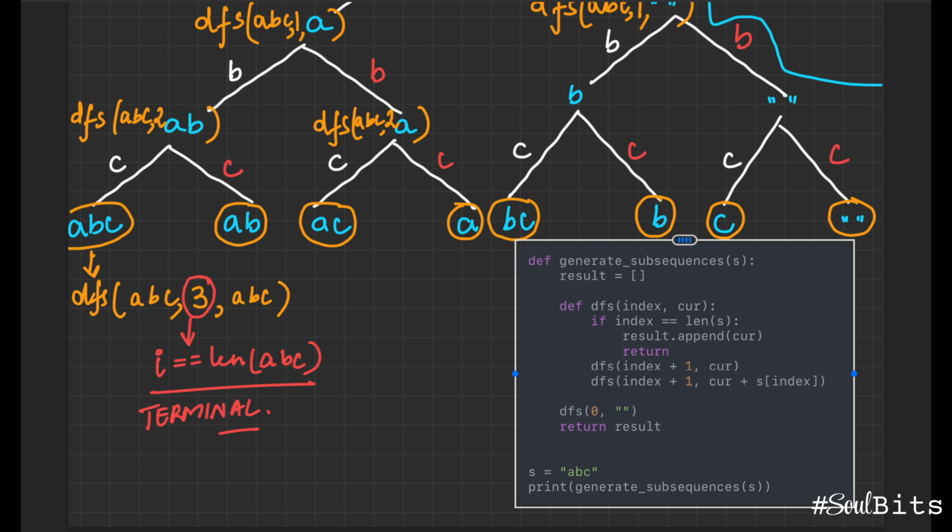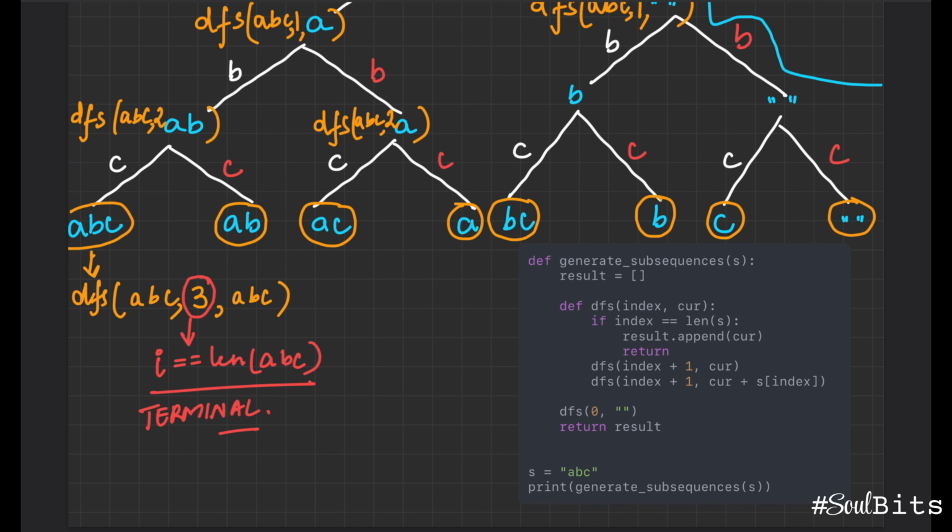So the code, as you can see, is a very short piece of code. This is the crux of the code that we discussed. Index, where the index is getting incremented on each step. Here you're making a choice whether to include that specific index in your particular decision tree or not. This is the part that we did not discuss earlier, but it's very apparent here. When the index reaches 3, you just append the intermediary result and return.